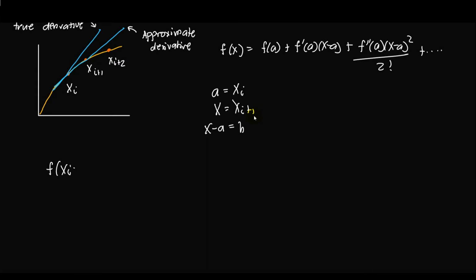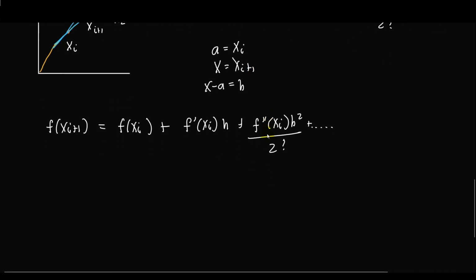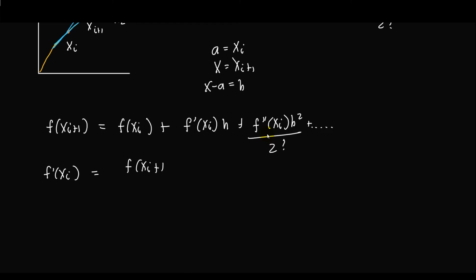f of x sub i plus 1 is equal to f of x sub i. Since we are looking for the first derivative, we will be isolating f prime of x sub i to the left. f prime of x sub i is equal to f of x sub i plus 1 minus f of x sub i over h plus